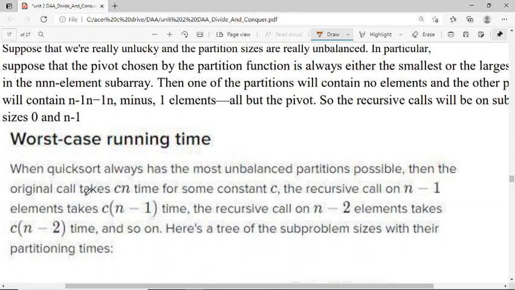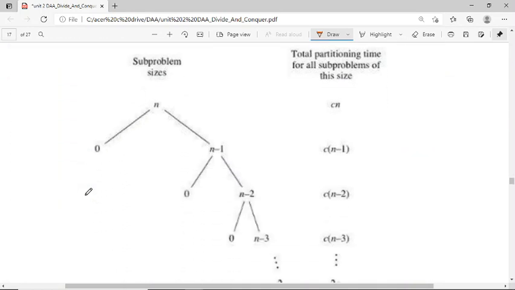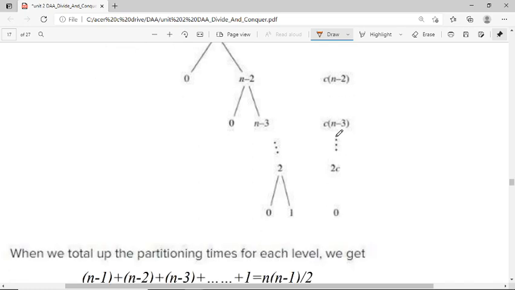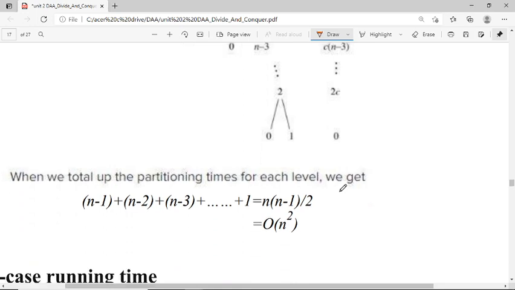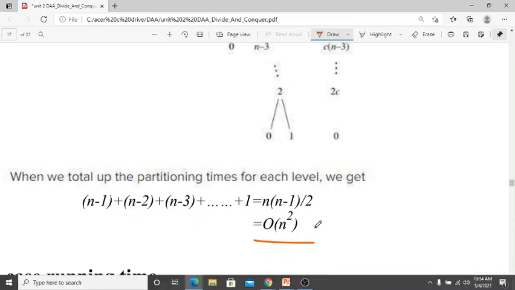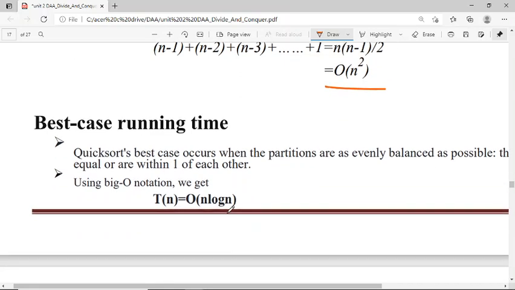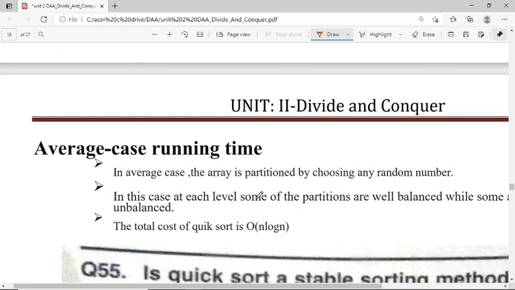Like worst case, as I told you, analysis of the quick sort. Subarray sizes are n minus 1, n minus 2, n minus 3, and so on to 0. So the time complexity is order of n square. Best case and the average case is order of n log n. Average is also order of n log n.